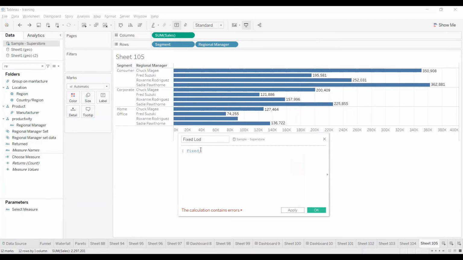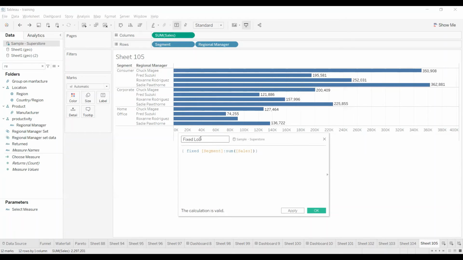So I'm fixing the calculation at segment level. I'm typing segment, and what kind of aggregation am I doing? I want total sales. That means sum of sales. Close the aggregation function and close the fixed LOD. These curly braces need to close. The calculation is valid.